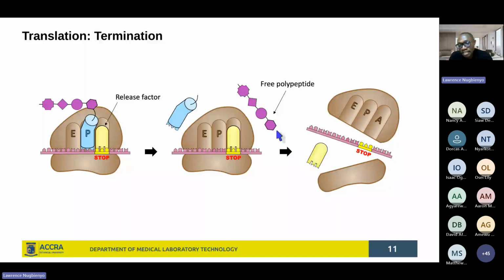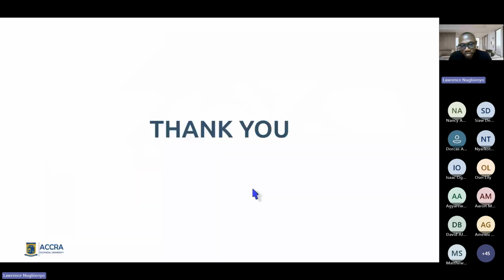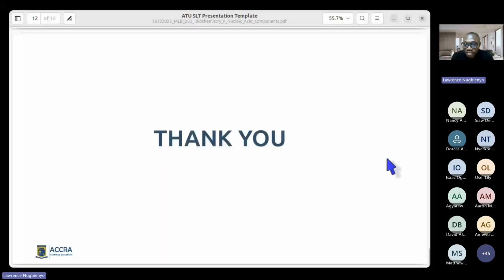The ribosomal small subunit, the large subunit, and even that release factor, the messenger RNA itself, they all dissociate into their single components. And so they can form other complexes again, and then start the synthesis of another protein molecule. So this brings us to the end of that process of transcription and translation, what we generally refer to as